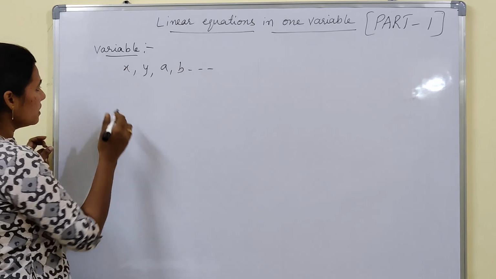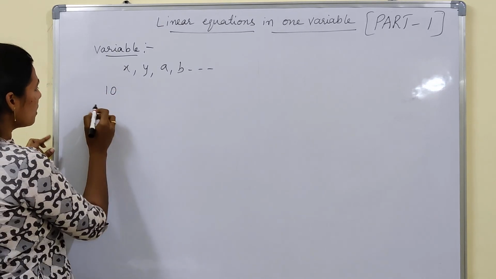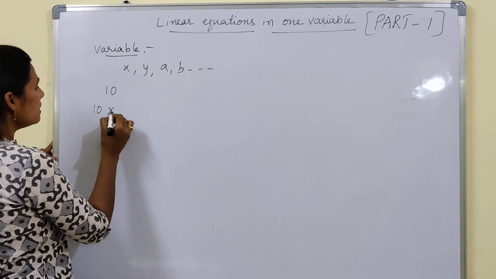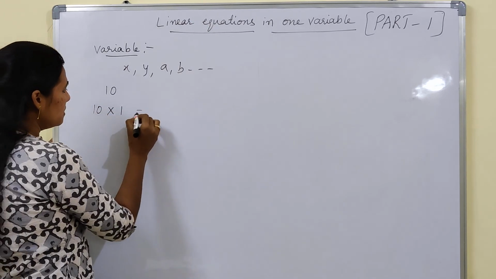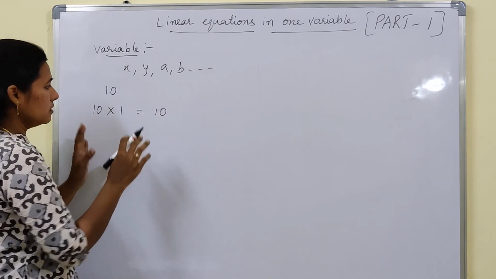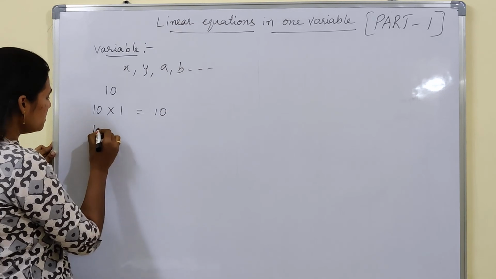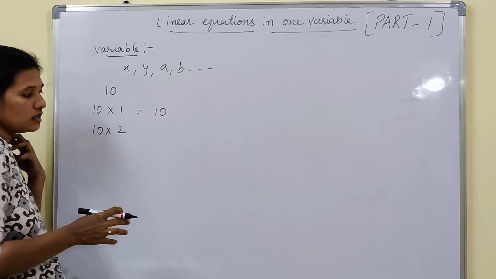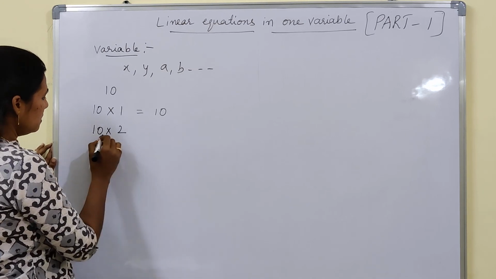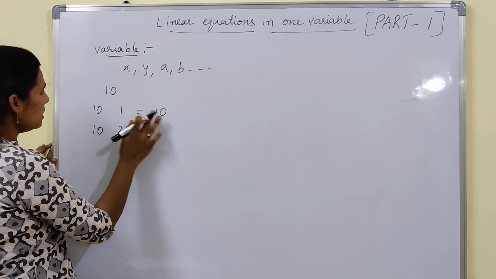Suppose there are 10 chocolates. If I give the 10 chocolates to only one child, then that one child will get all 10. If I split the 10 chocolates between 2 children, that means if I give them to 2 children,